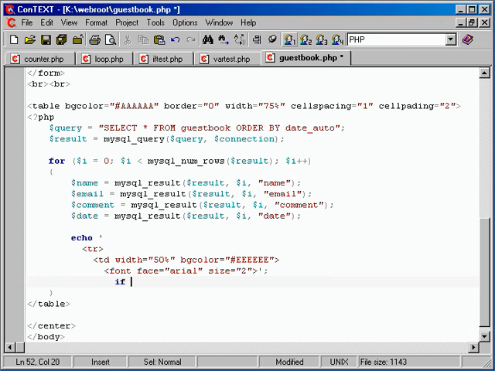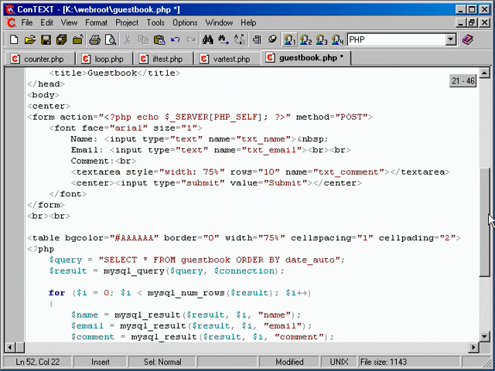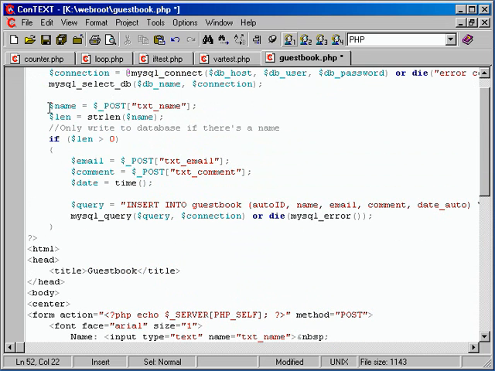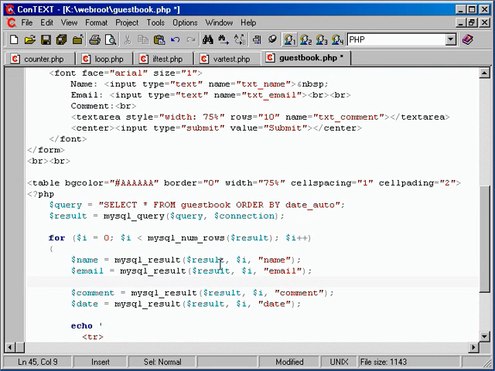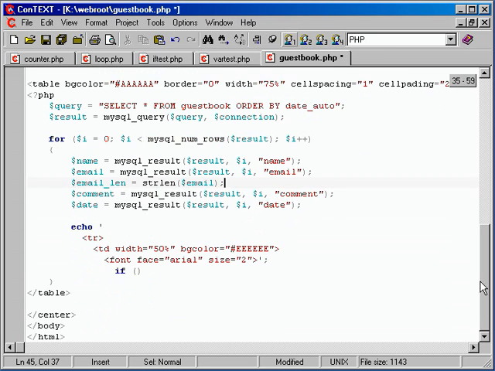So if, in order to do this, the same thing as how we checked the length of the name to make sure it's greater than 0 before we wrote it, we need to do a very similar check on the email. So after we get the email, I'm also going to add $email_len equals strlen, so get the length of $email. So that way we have the length. Again, we could have just run that down inside the if, but to keep it a little bit simpler, just store email len, so we always keep track of the length of the email. So if $email_len is greater than 0, so if we do need to put their name as a link,